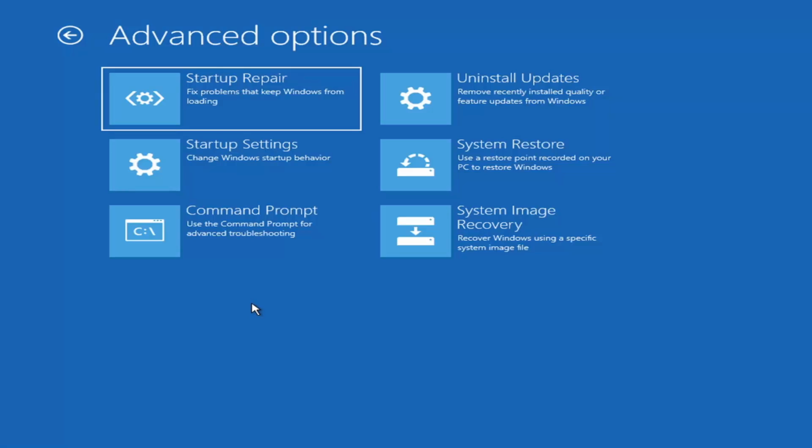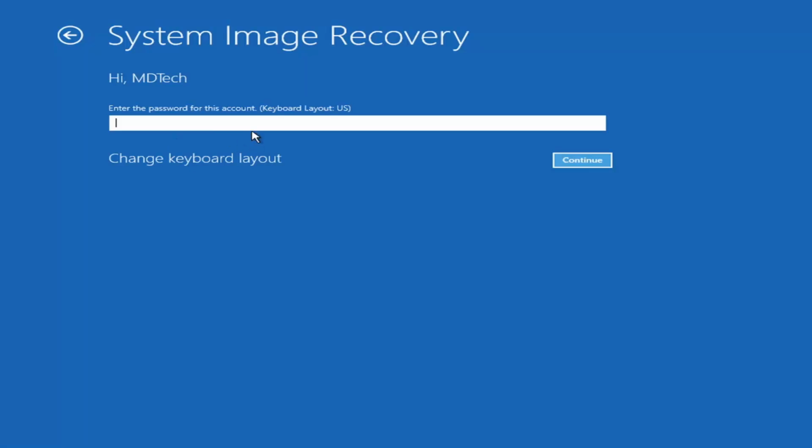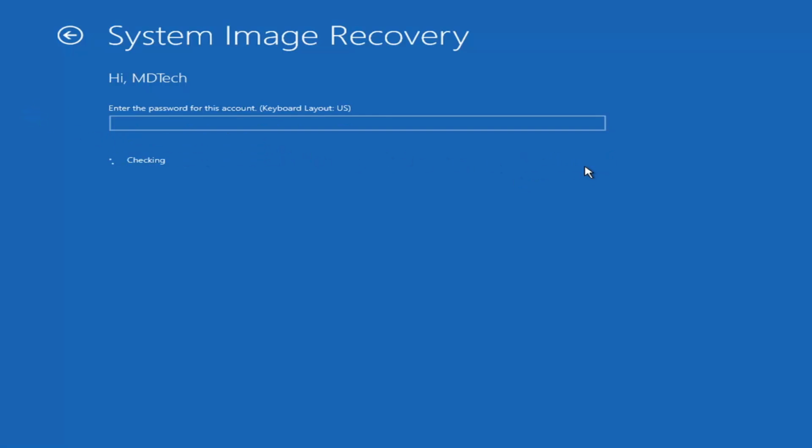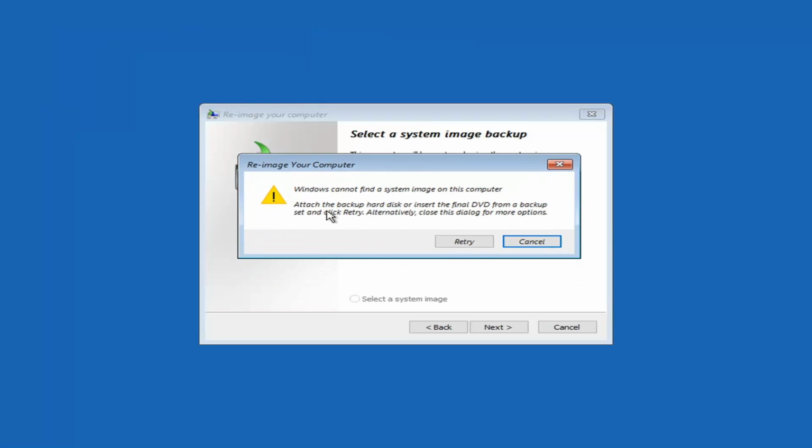Another thing too, you can try the system image recovery option, which if you have a saved CD or DVD of a backup, you're welcome to do that. It's more common if you had an older version of Windows, like the Windows 7 backup and recovery option. Not as common, most of you guys probably don't actually have that here, but I will just go ahead and type it in, select continue. Actually, I think I don't even have a password on here. And anyway, you can see there's no system image on this computer,